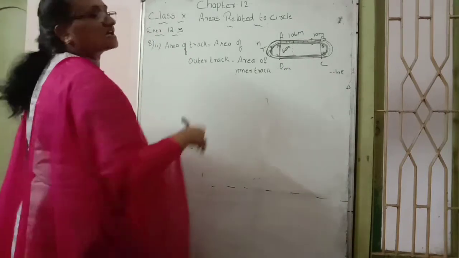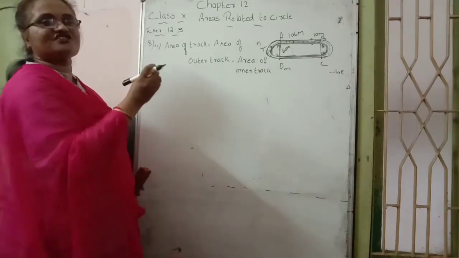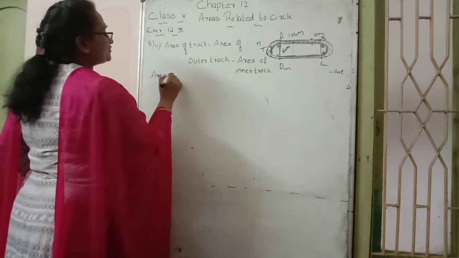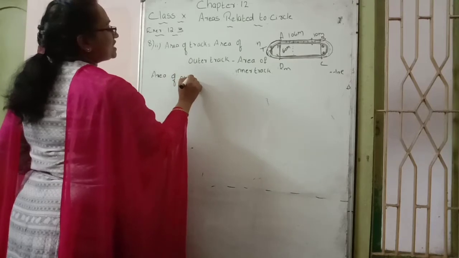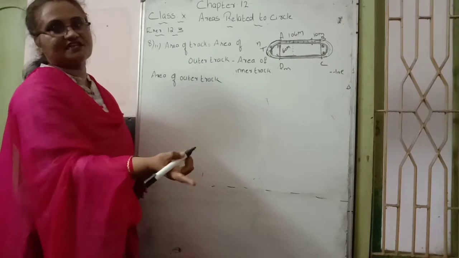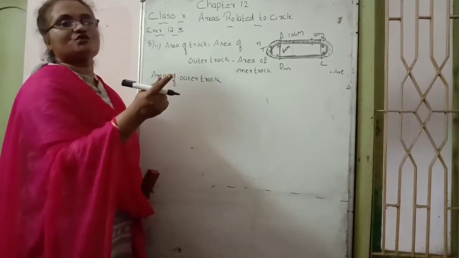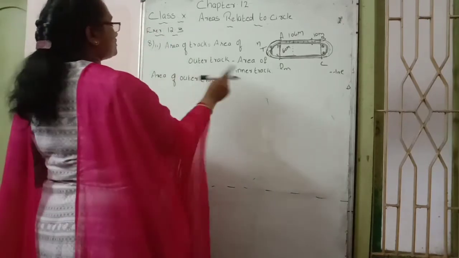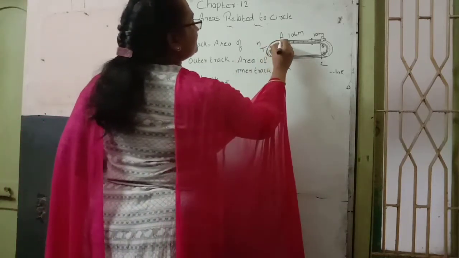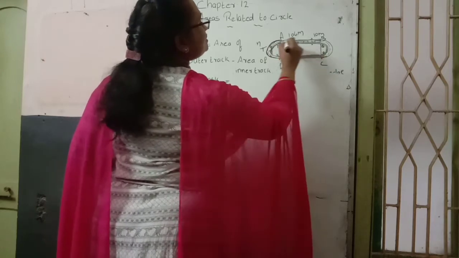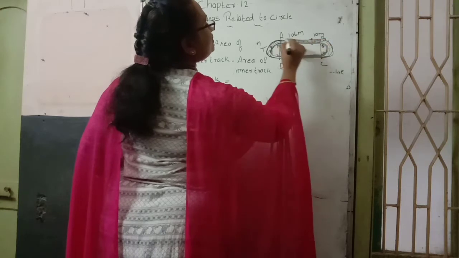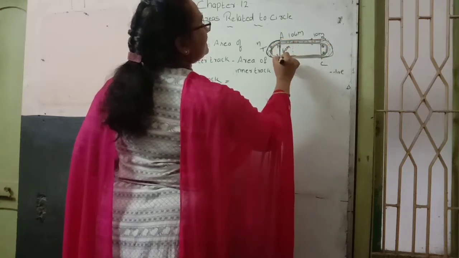Then some more calculation is there. That's why I take and do it one by one. First, the area of the outer track we want to find. Afterwards, the inner track area. Then both areas are subtracted and we get the final answer. So one by one. How do we find the area of the outer track? This part is represented as the outer track. Outer track means, from here to here, the shape we mark is one rectangle.